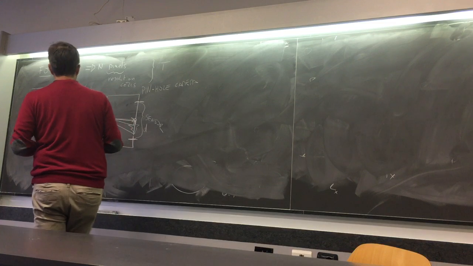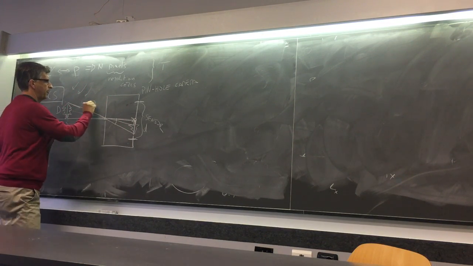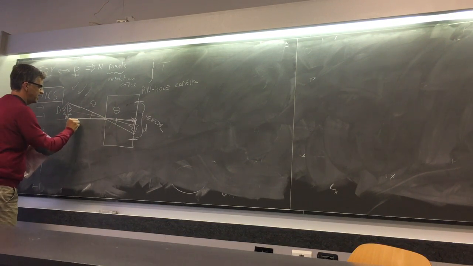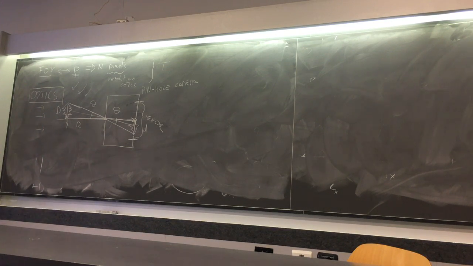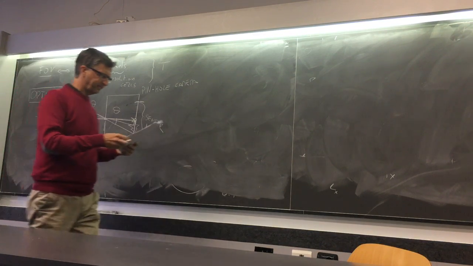And if you look at how it works, these are the same angle. So this is theta, and this is theta, okay? This is the distance to the pinhole, okay? And then you can write a relationship that is